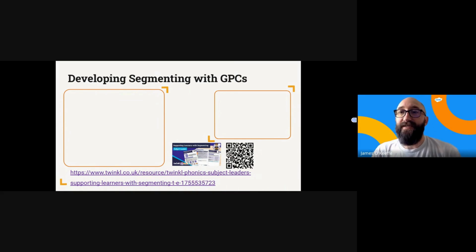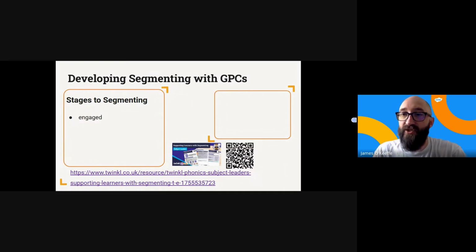Segmenting with GPCs is a vital prerequisite for writing. This process too can be considered to have a progression, which is outlined in this resource, Twinkl Phonics Subject Leaders: Supporting Learners with Segmenting. This resource helps you to understand the various stages your learners might pass through and their needs as they become competent and confident in segmenting. The stages are